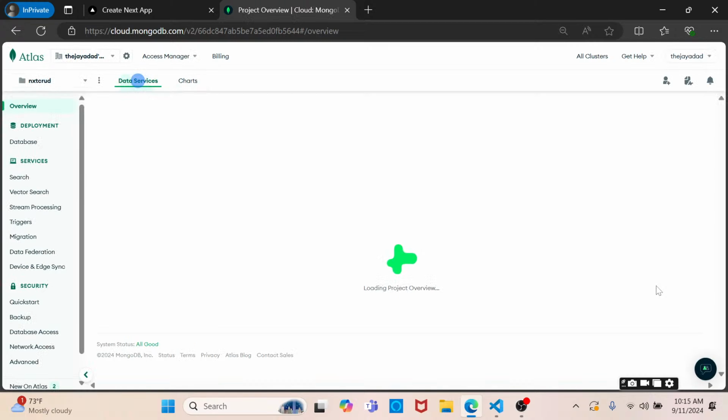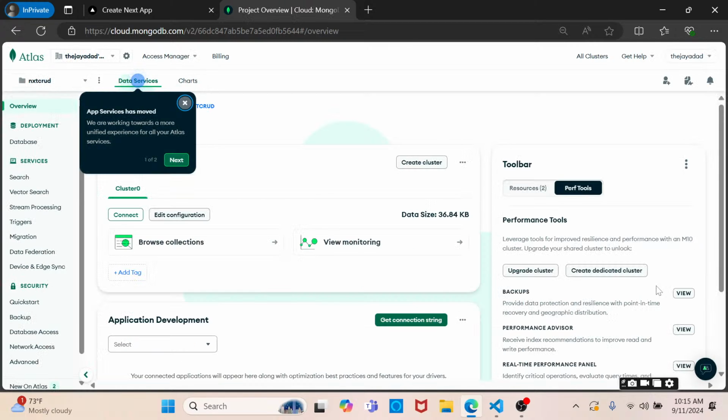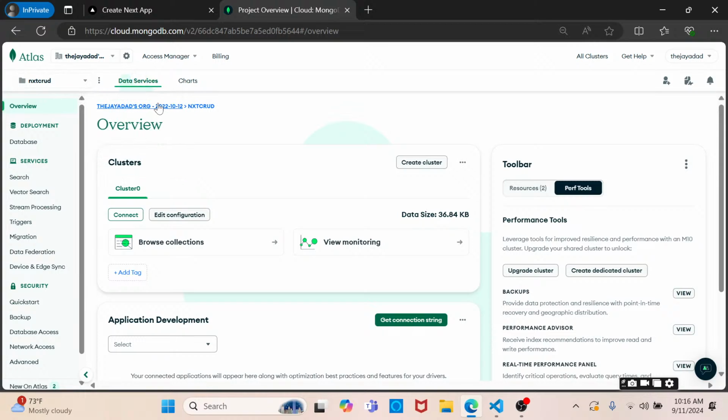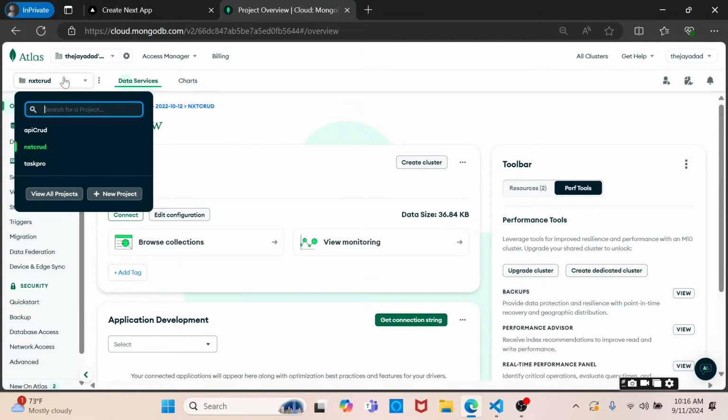Now, once you're signed in, you should be redirected to the project overview window. And if you already have an account, it's going to default to the most recent project that you were working on, that overview screen. So in order to add a new project, you'll click on the drop down that is managing the selection of your current projects. If you click on new project,